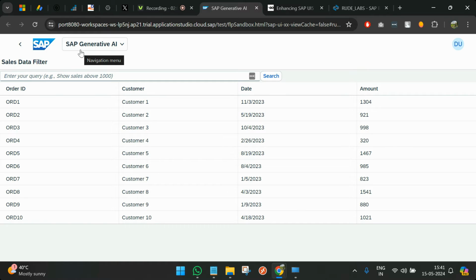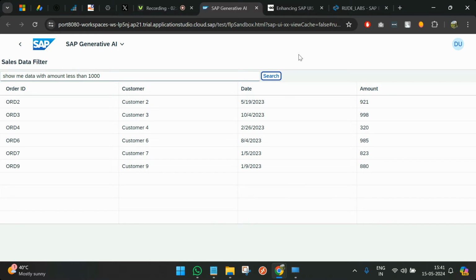So we have already created it for you and we'll showcase it right now. We have a search bar here, and here you can enter whatever query you want. So what we can ask is: show me data with amount less than 1000. Fine. So we can just run the query, and you see after some time the query came back, and the result is absolutely what we wanted, with date between, let's choose some date,